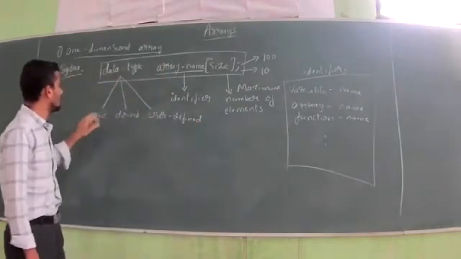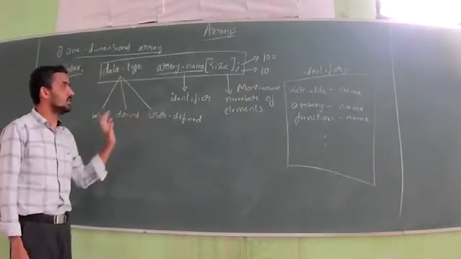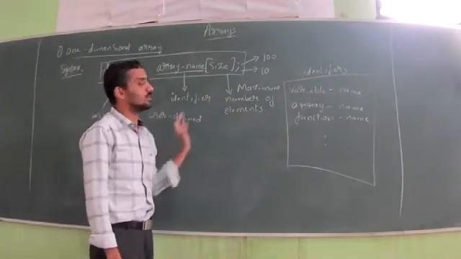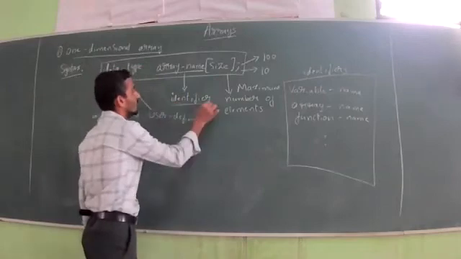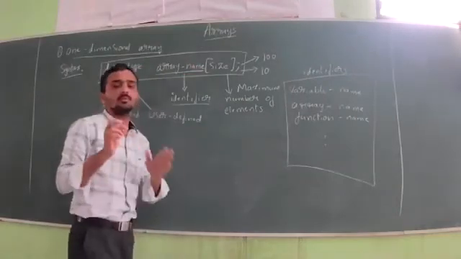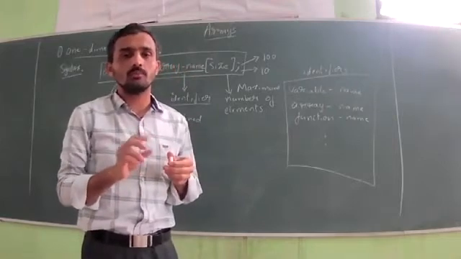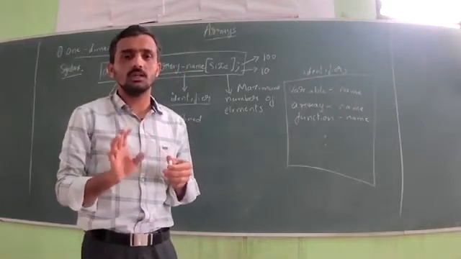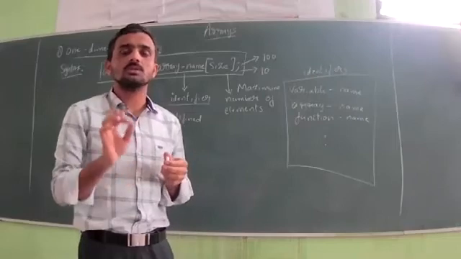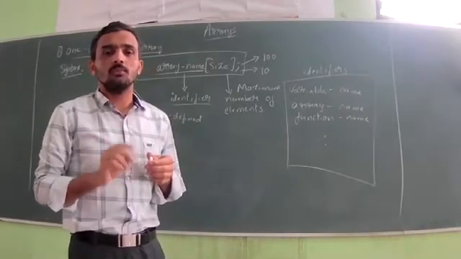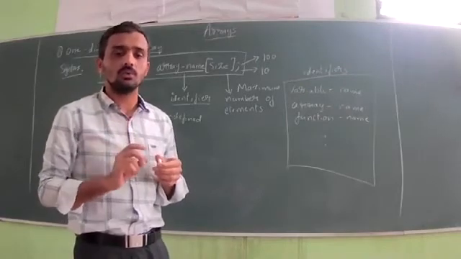So data type can be any basic, derived or user defined. Array name is the identifier. Size is the maximum number of elements you can store. So whenever you are writing the identifier, that is the array name, you have to remember the identifier rules. You need not memorize that in every program this particular thing is the array name, nothing like that. In the case of variables also, you just remember the identifier rules, then you can write your own identifier name. But see that you don't violate the rules.